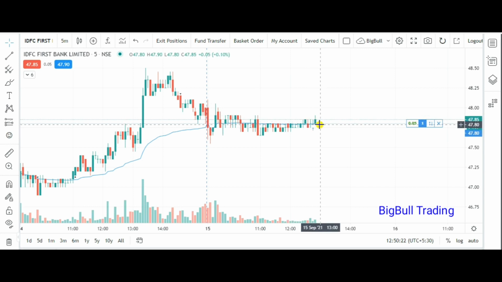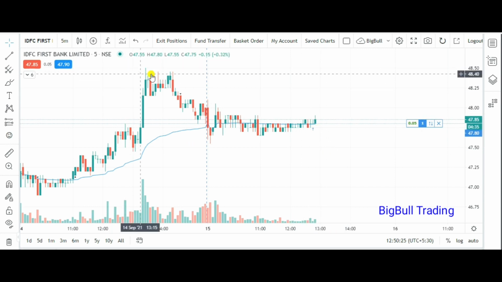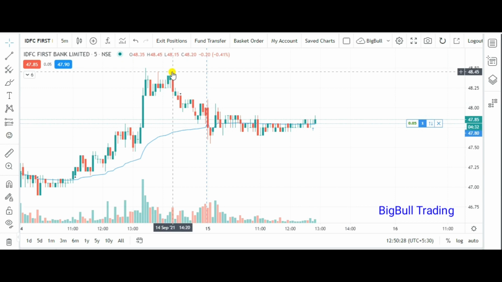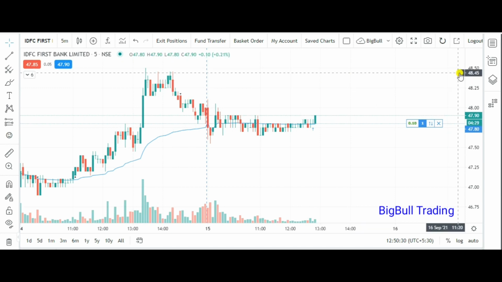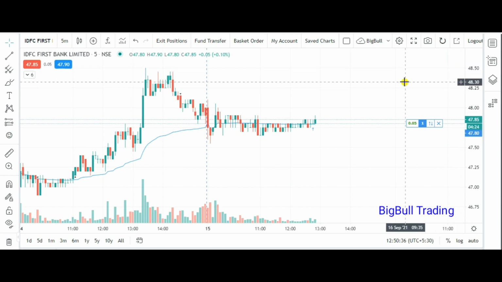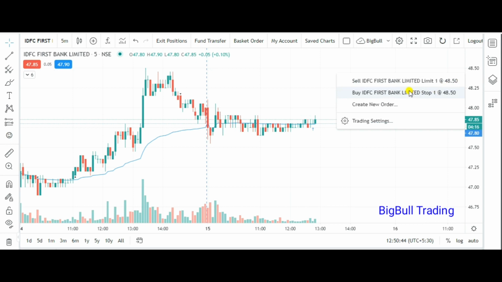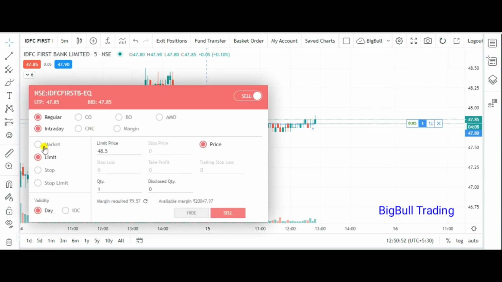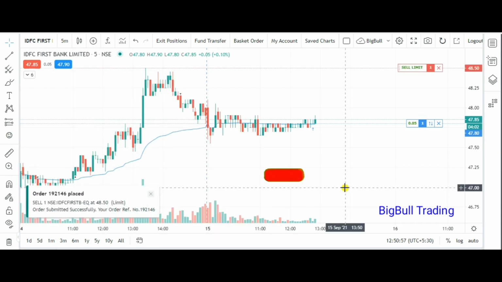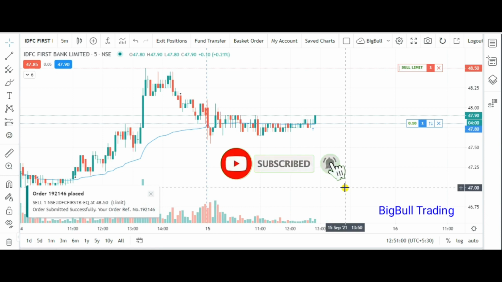For example, once you want to put the target, suppose you feel I want to put the target at 48.45. So you just go in this column, on the right hand side, you see the plus sign, correct? For example, you want to sell at 48.40, just click the plus sign, and you put what you want to do. You want to sell the share, correct, as a target. So select this one. You get it here, it's intraday, 48.50 is the limit price, and you put it as the sell. So here you get the sell limit.